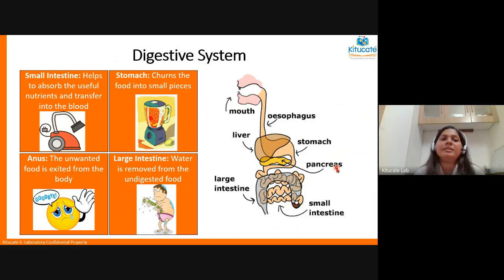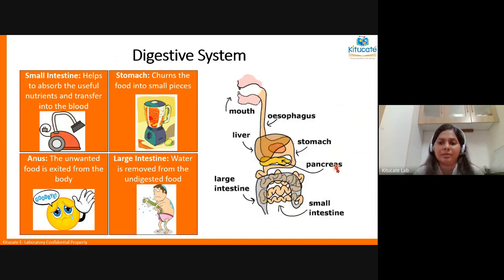Now the small intestine is something which absorbs all the water, meaning all the nutrients which are there in the food, they get dissolved, they are in the dissolved form. Okay, it's not like grain of sand or something. It's dissolved in the food that we eat. So by absorbing the water from the food, the small intestine is absorbing all the nutrients away from that